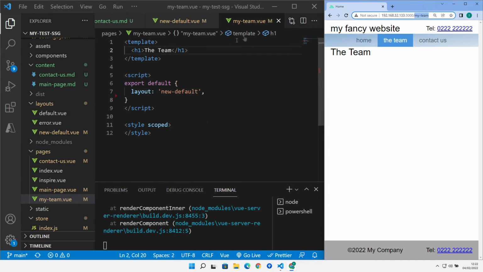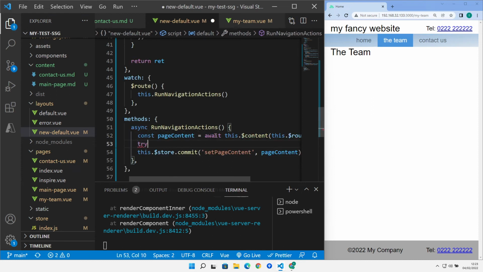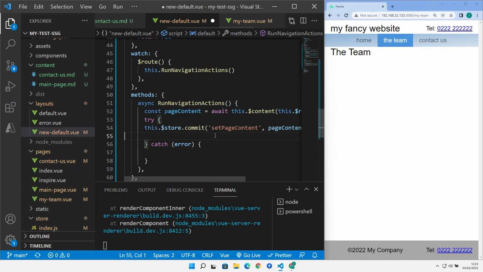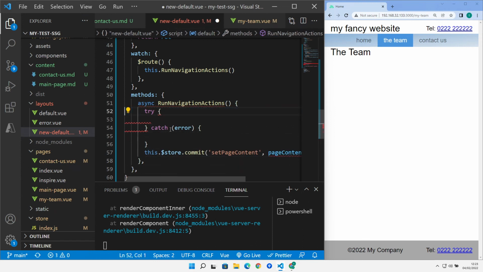If someone does that, we can go back to our layout file, and we can change this run navigation actions a little bit and put a try catch around it. We can put the actual code that we want inside the try. In fact, that's not quite right. We want to always store it regardless. We want this line inside the try,